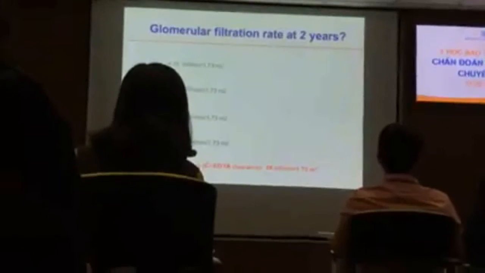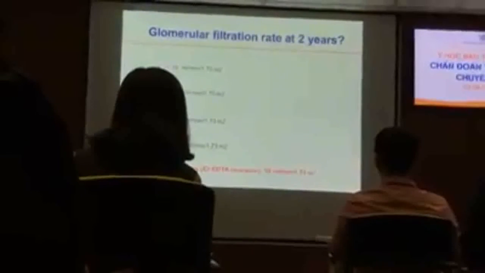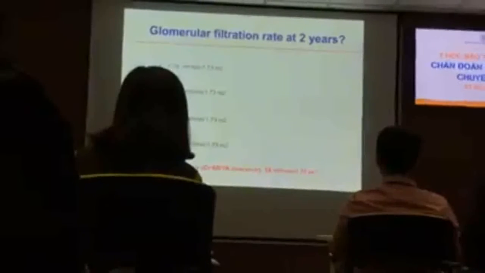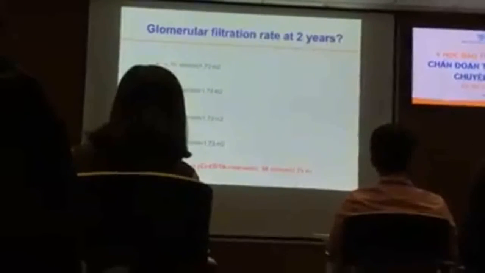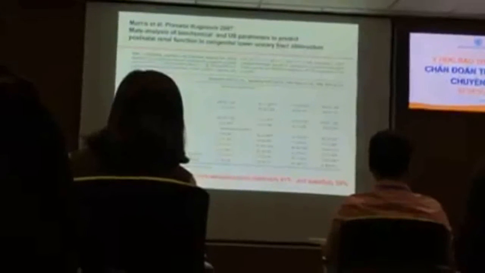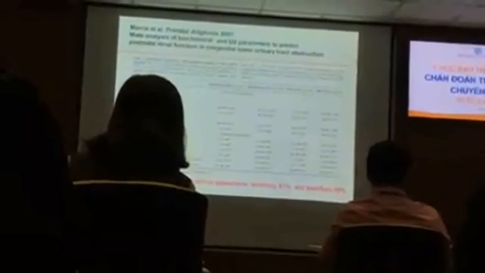So the GFR at 2 years is normally around 58, which is okay. So the GFR is okay. Okay, so the other paper published here is a meta-analysis of biomedical ultrasound parameters to predict postnatal function in